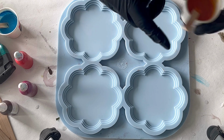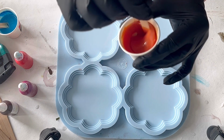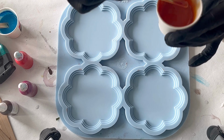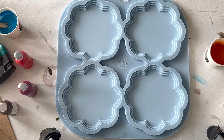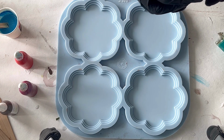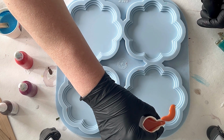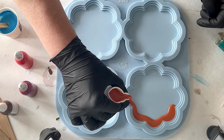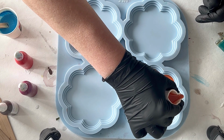So with what color am I starting? I'm starting with the apricot. I really adore it. And let me get something to put these in. This I have, and then I can start pouring, and I'm just pouring it rather thin around the edge, not too heavy, otherwise you just have a block of